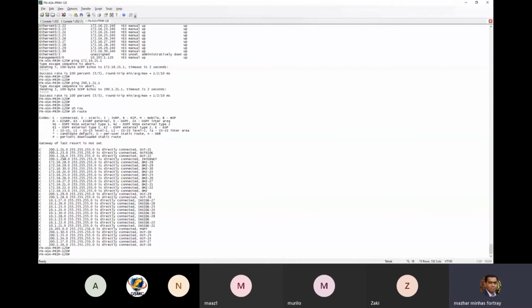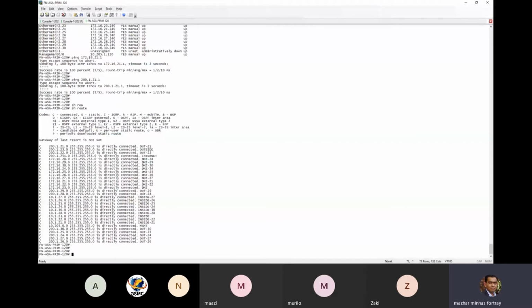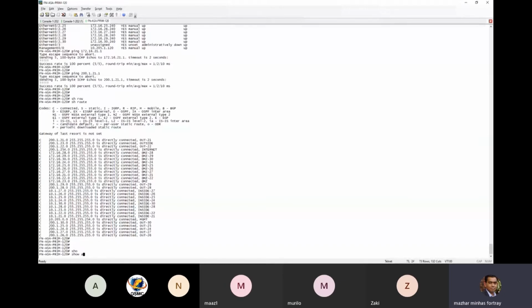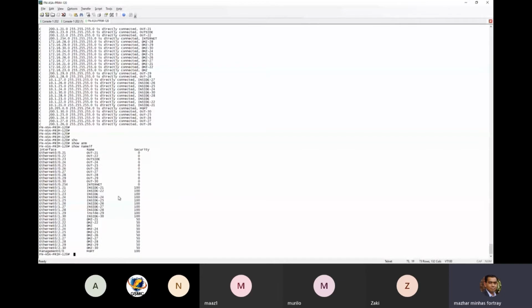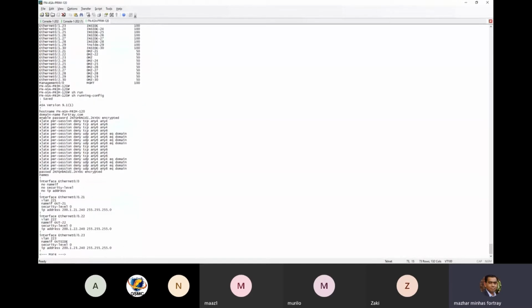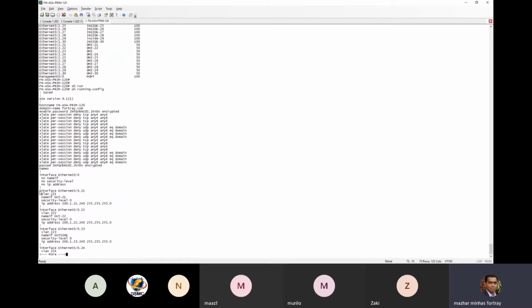Here you can see all the interfaces are already configured. There is a command called show nameif. When you configure an interface, if it's a sub-interface, you need to assign a VLAN, you need to assign the nameif command, you need to assign a security level, and you need to assign an IP address. These are the 3 things you need to do. We have already pre-configured these interfaces for you because last time you already practiced this in our environment.